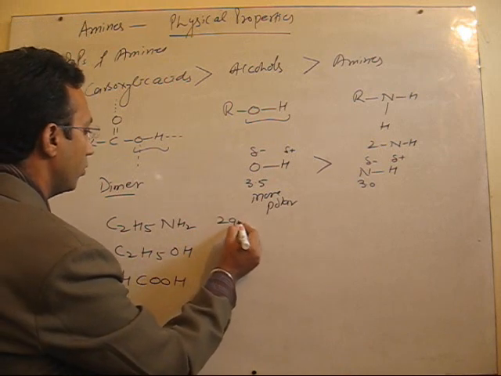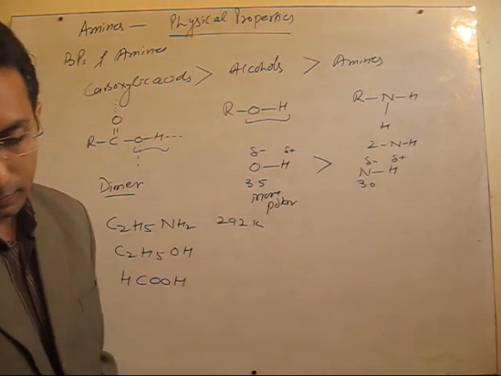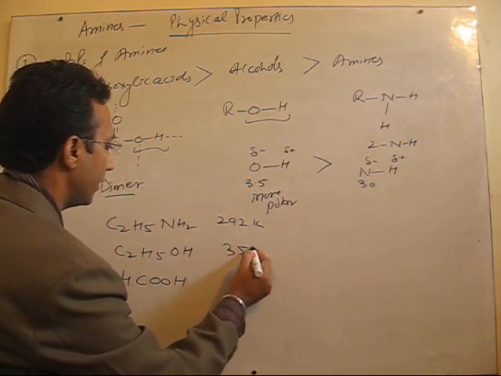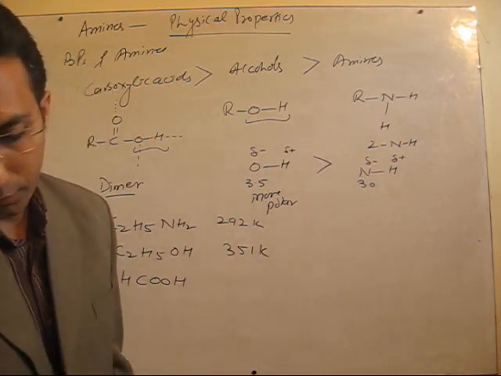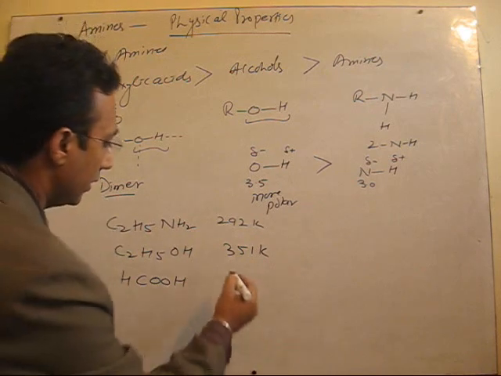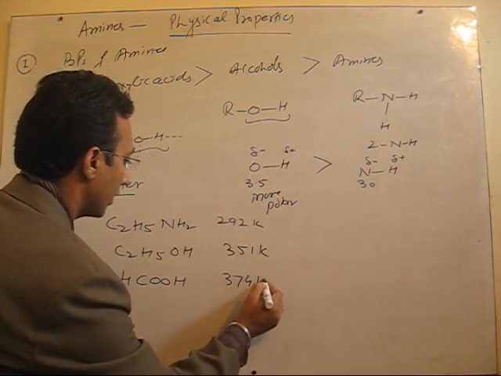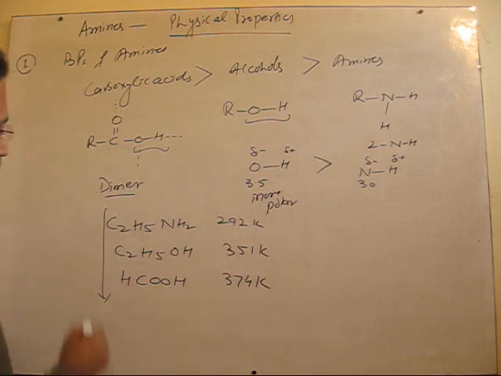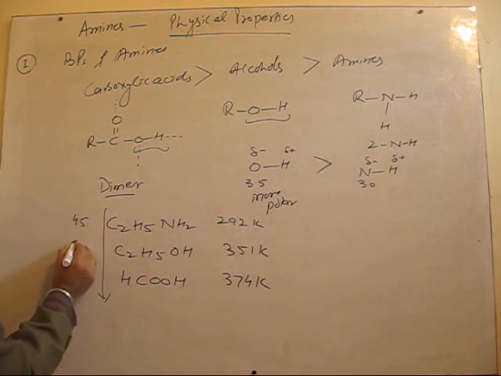This is 292 Kelvin, then for alcohol it is 351 Kelvin, and for formic acid it is 374 Kelvin. So you can see they are of comparable molecular masses. This is 45 AMU, 40